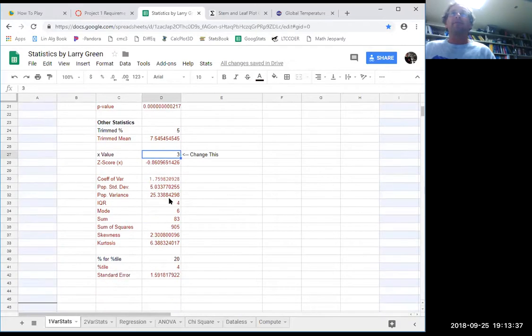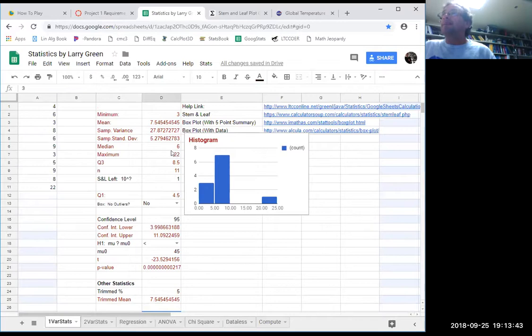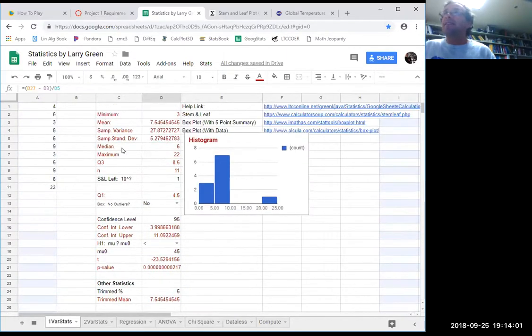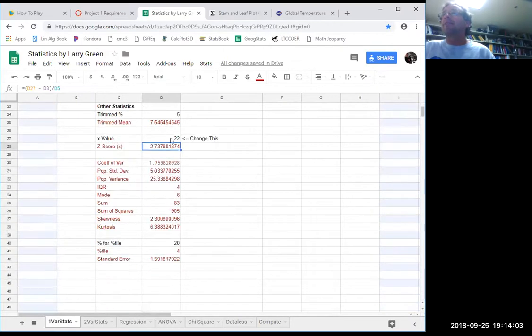Does that make sense? So explore, do a different Z-score. Try the maximum. The maximum was 22. Hit enter, and there's our Z-score. Aha, look at that. We have an outlier. So notice that 22 is an outlier. Does that make sense? You could check the next highest, which was 9. That has a small Z-score, so that tells you 22 is the only outlier in this data set. And then you can talk about it and how you're going to use that.